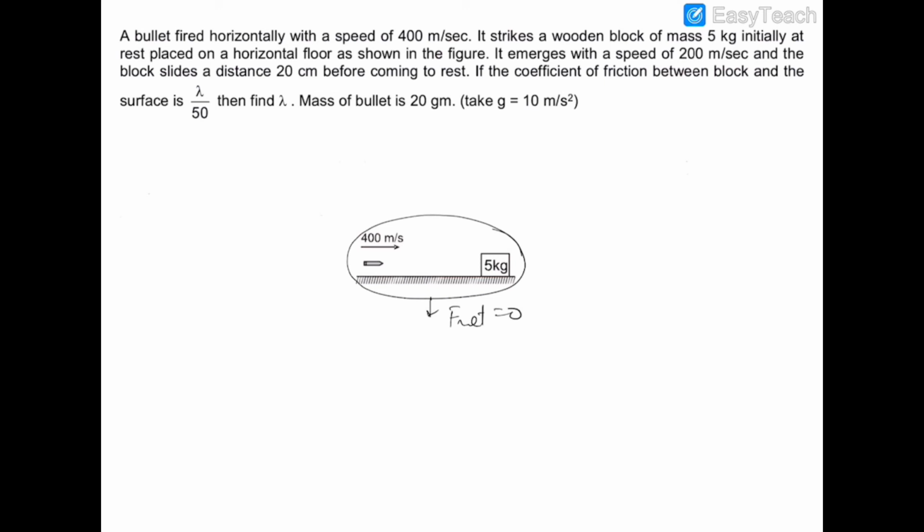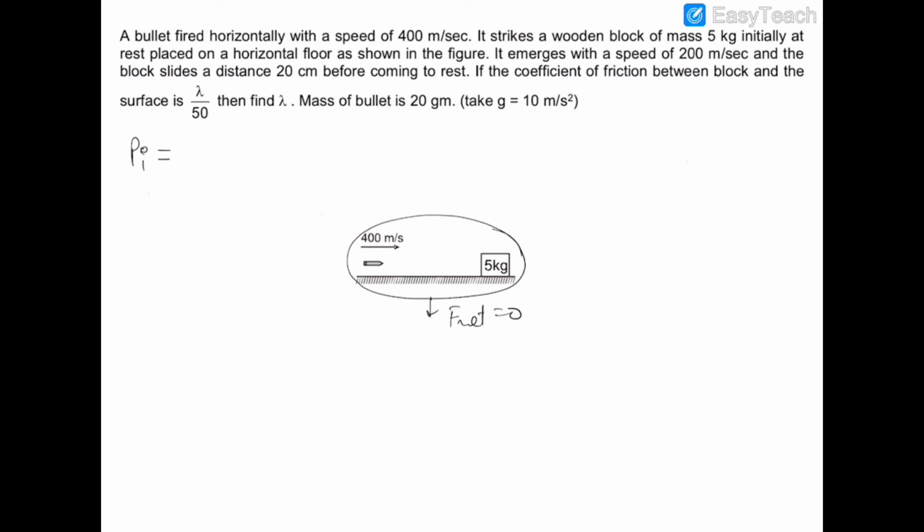So we are assuming that just after the bullet emerges, the block will start to move. So the friction will start to act on this block just after it starts to move. Before the movement, the net force acting on this system is 0. Therefore we can conserve the momentum, and therefore the initial momentum of this system is the momentum of the bullet,